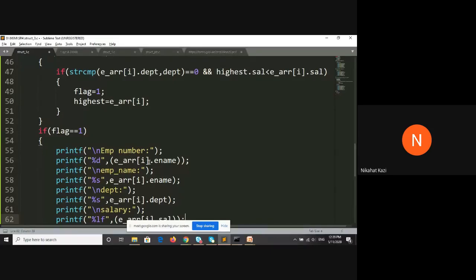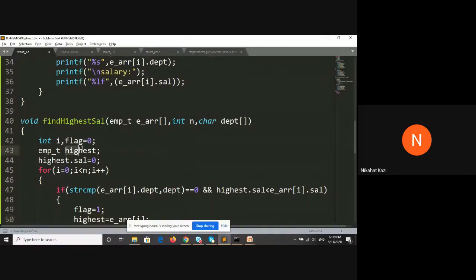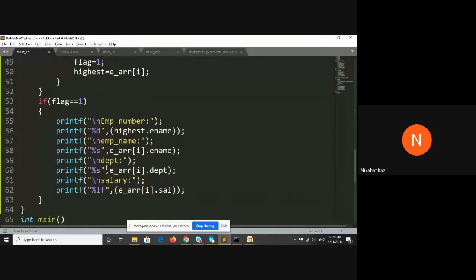Instead of E array of I, I will write highest. Highest is the variable which is storing the highest salaried employee's details. So wherever there is E array of I, I'll use highest.